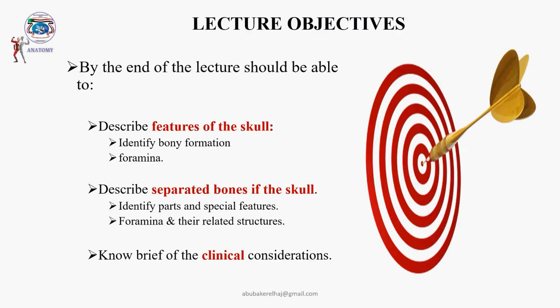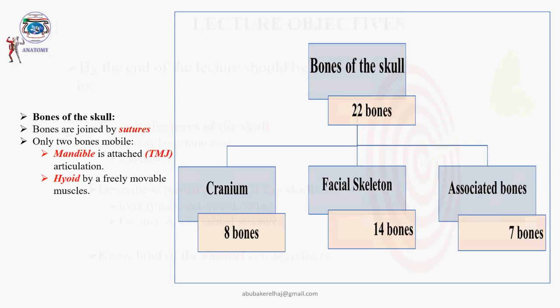The main objective of this lecture is to describe the common features in different views of the skull, to identify the different positions of the skull, and also to identify the important features and foramina in the different views of the skull. We'll discuss briefly the separated bones, and we'll share the most important clinical points related to the skull. Generally, the skull consists of about 22